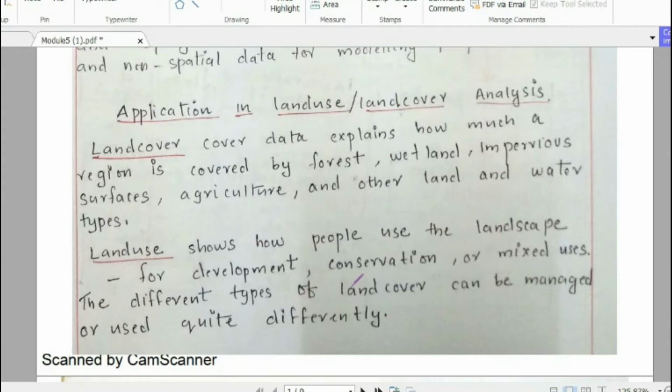So, before coming to the actual application, you must know what you mean by land cover and land use. Earth's surface features are covered with various natural as well as artificial features. What are the natural features covering the Earth's surface? Examples like water bodies, vegetation cover, forests, mountains, plateaus, valleys, etc. These are called natural features covering the Earth's surface, and that can be categorized as land cover area.